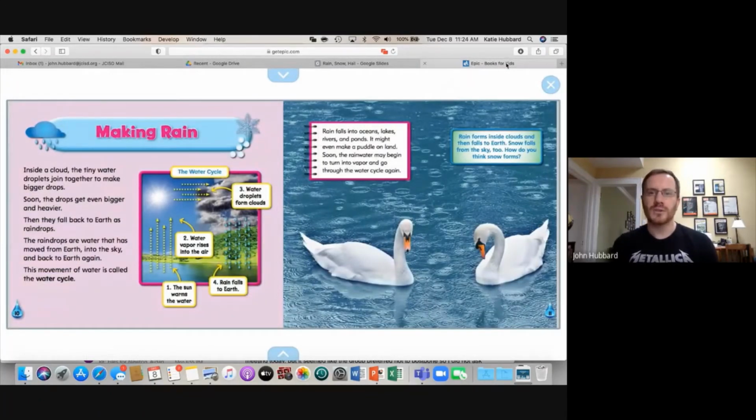Rain falls into oceans, lakes, rivers, and ponds. It might even make a puddle on land. Soon the rainwater may begin to turn into vapor and go through the water cycle again. So if you look at this picture here,